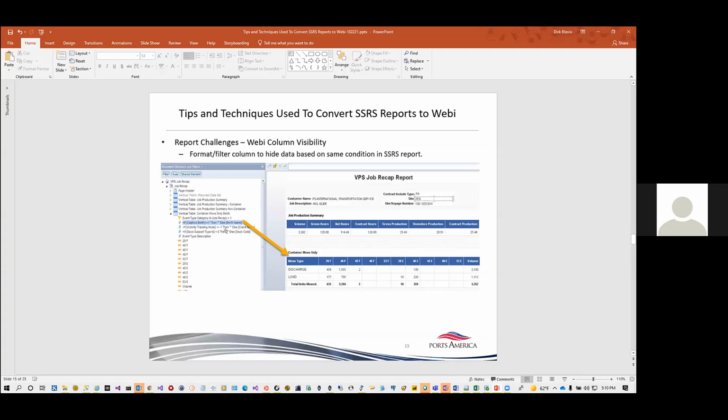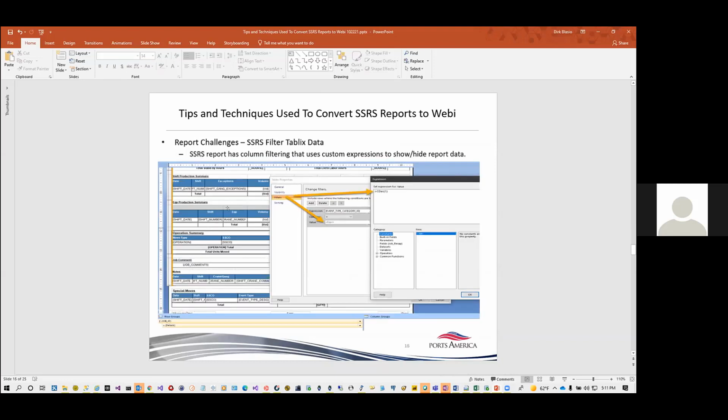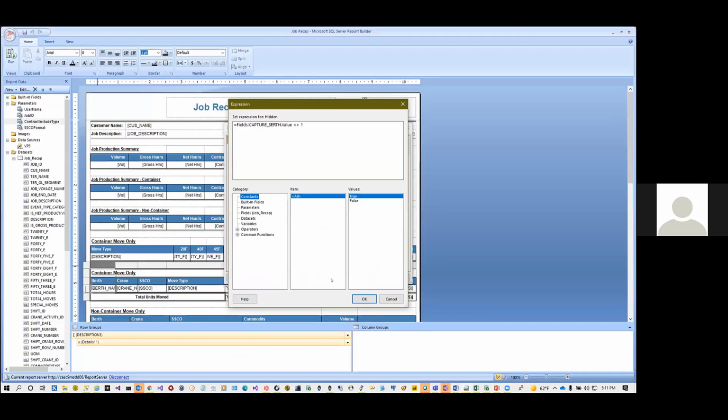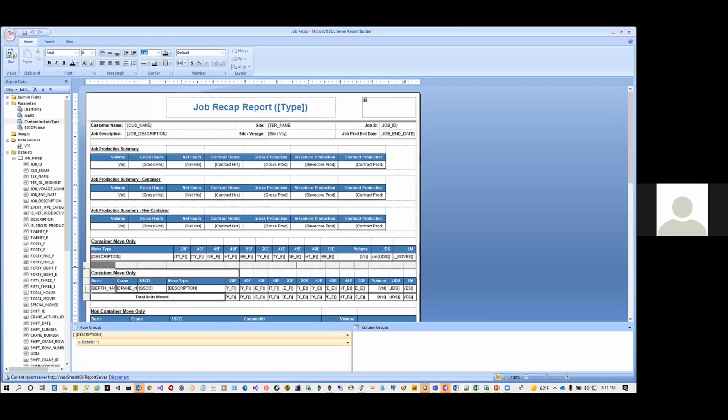Also, in SSRS, you can format or filter columns to hide data. This is the next screen. So you can set up filters on tablets. Tablets are similar to vertical tables in Webi. In SSRS, the report had column filtering that used custom expressions to show and hide report data. So again, as an example, if I go to this tablet